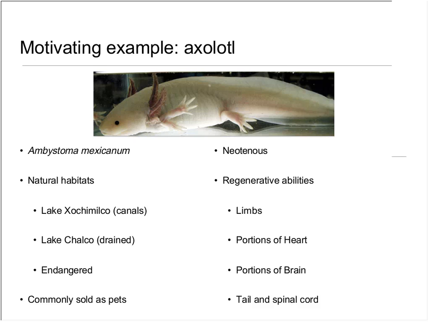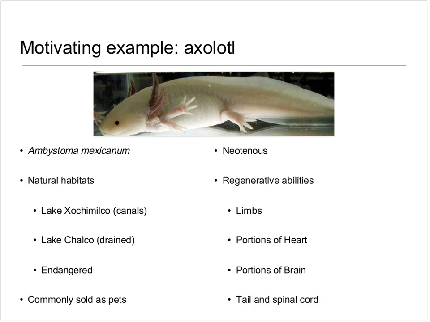So I'll begin just by talking about the example application that's motivating my group, but it's also going to serve as a motivating example for all of you right now, which is the study of the salamander axolotl, whose scientific name is Ambystoma mexicanum. As its scientific name suggests, it's originally from Mexico, and its natural habitats were in a number of lakes throughout Mexico that are now, unfortunately, severely hindered, and the axolotl is essentially an endangered species at this point. In fact, it's more commonly found now in the fish tanks of people throughout the world, so it's commonly sold as a pet.